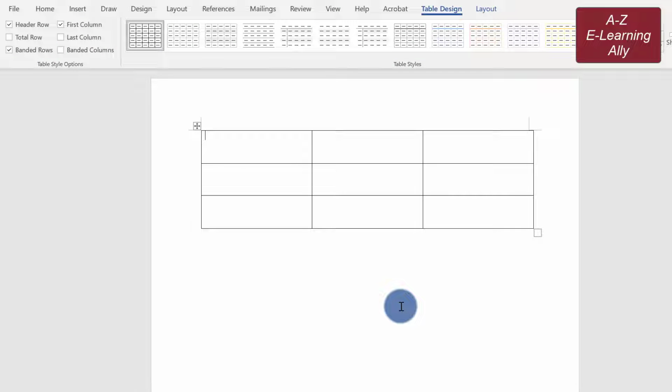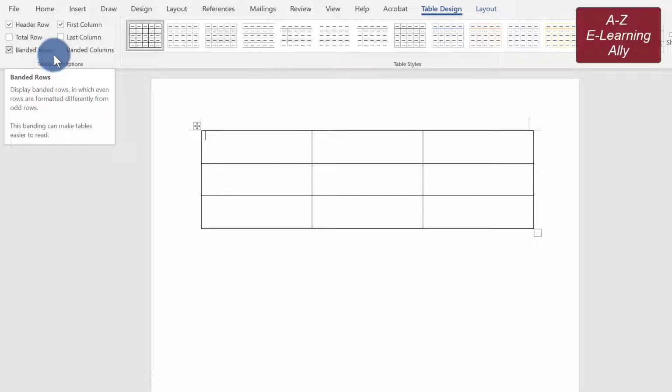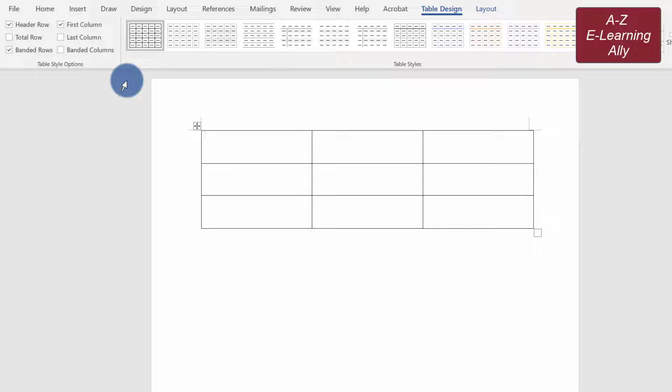Second, after going to the Design tab, choose the Table Styles option group and then choose Header Row. Other options include Banded Rows or Total Row. Your table now has a header row. That is, Word and any assistive technologies can communicate intelligently about the table.